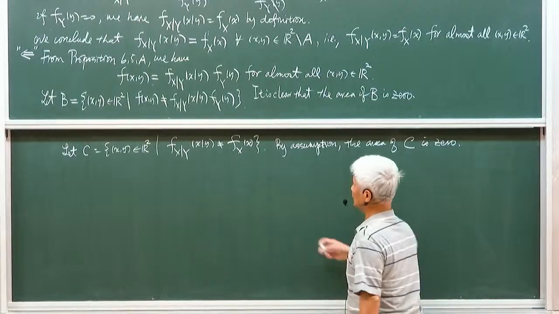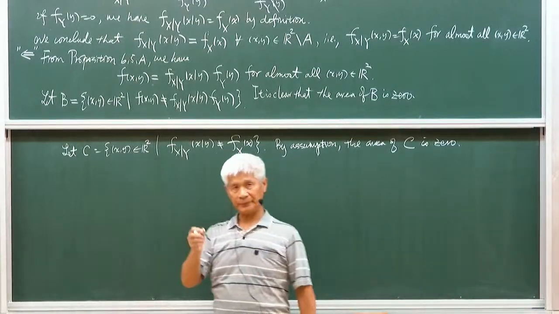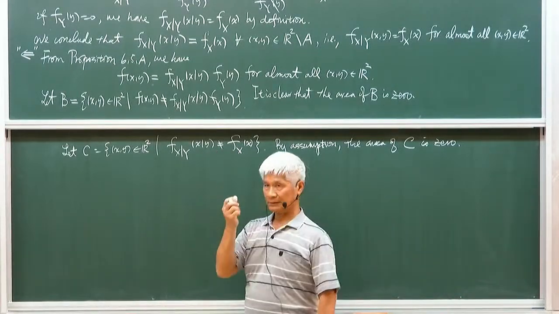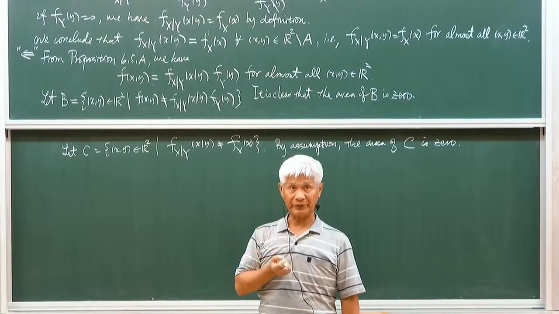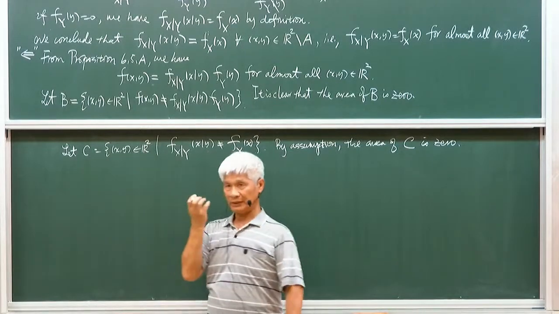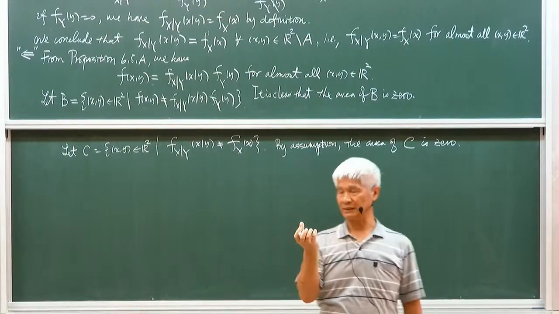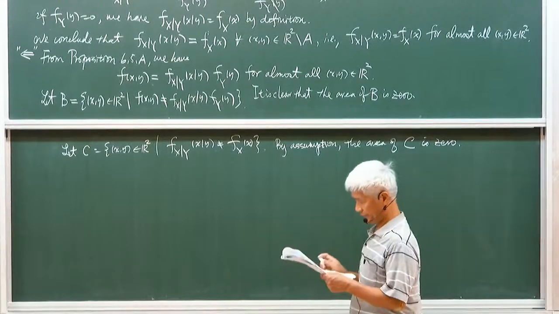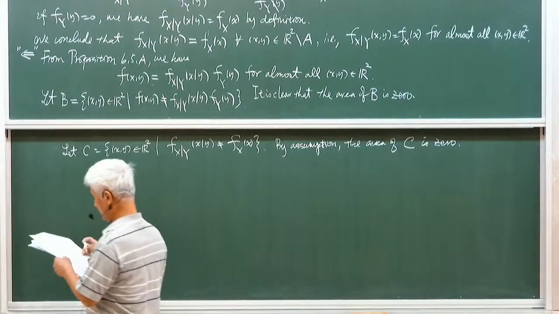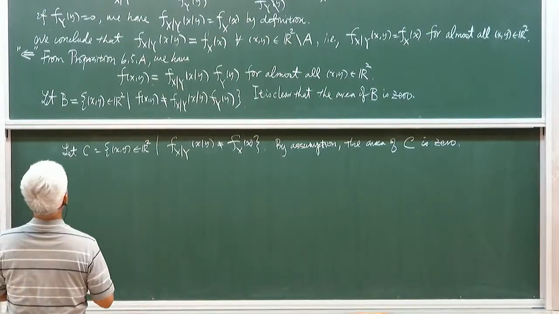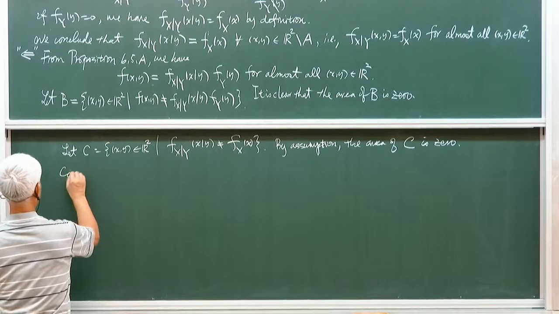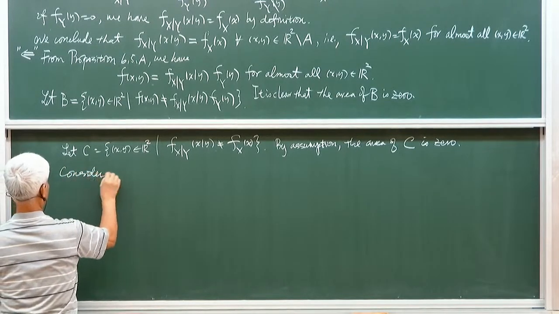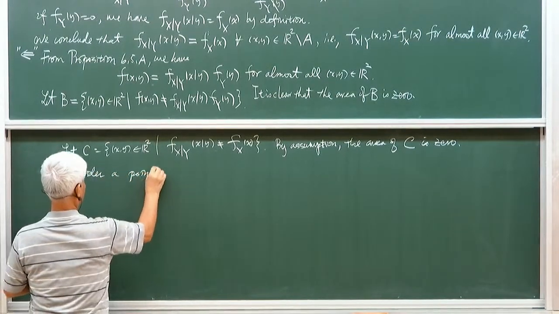So if we collect all points in the real plane such that the identity does not hold, then the area of this set C is 0. Okay? All right, so now consider a point